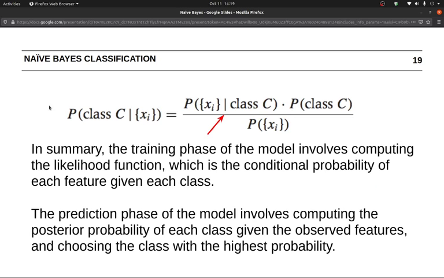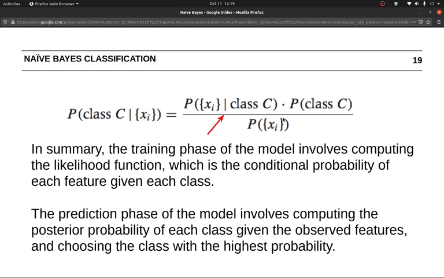With this, I would again touch base upon naive Bayes theory. So Bayesian theory says probability of class C given x1, and so on. This is fundamentally the Bayes theorem. The probability of a class given a set of features can be rewritten as the probability of the features whenever we see a class, times the prior probability of the class, divided over the probability of each of the features.